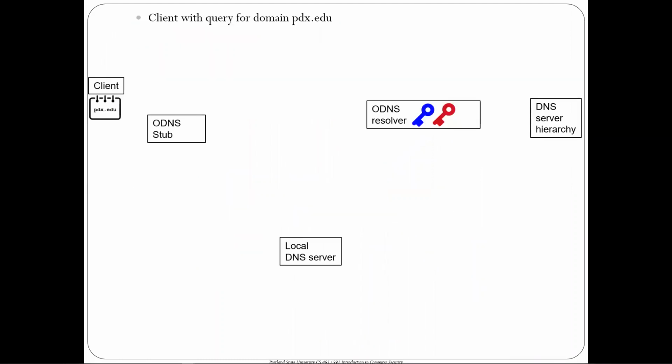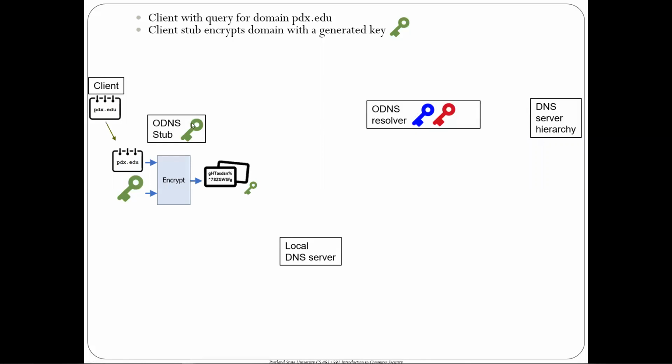Okay, because we have done the cryptographic protocol stuff, I'm going to use the same figures that I used earlier to show you the details of how this works. So this is the client query with a domain, pdx.edu. I'm trying to do a lookup of pdx.edu, and on my machine, I have this stub. This stub is going to generate a session key in green. And it says, I am going to encrypt this DNS request with this key